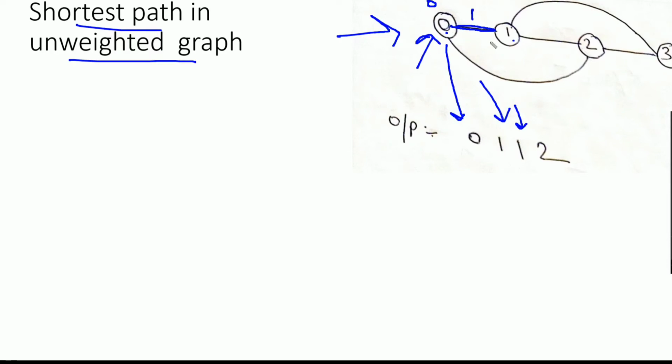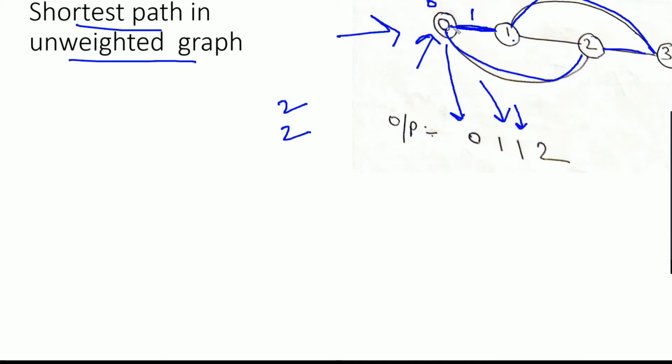Next is the distance between vertex 0 and vertex 3. How many edges are there from the source to the current vertex in the path between those vertices? If we count the number of edges, it's nothing but 1, 2. So this is one path having two edges. This is also the shortest path, having 2 edges. So the number of edges basically represents the distance in an unweighted graph.